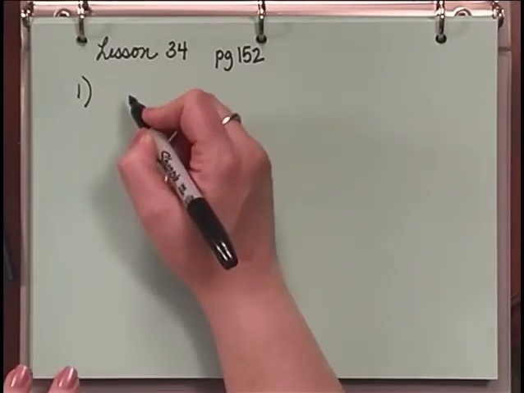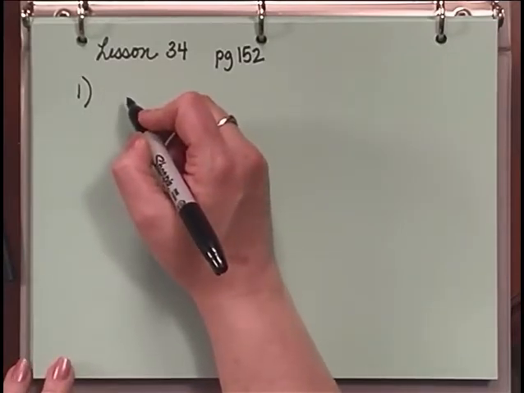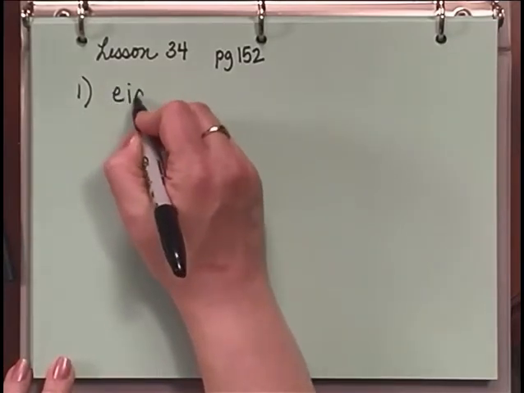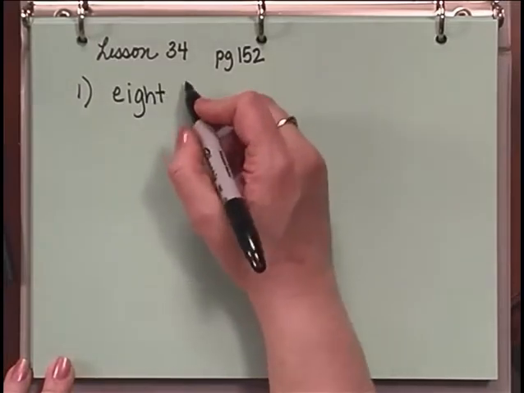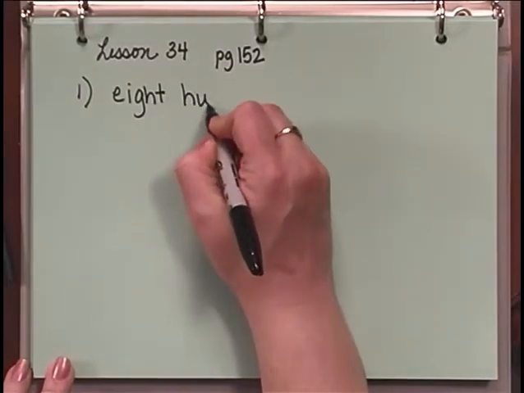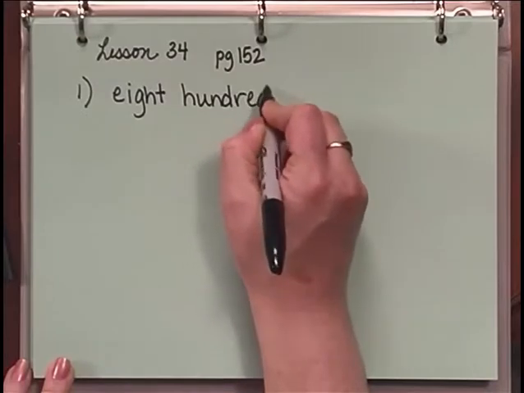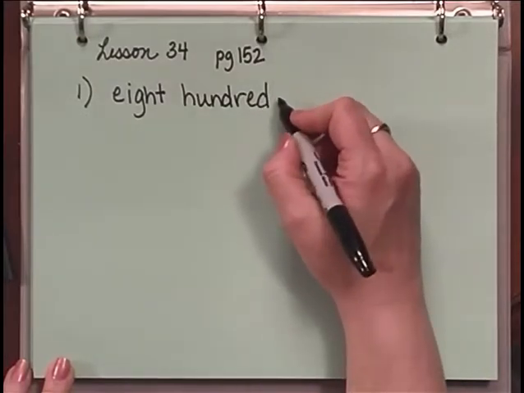Yesterday, you were given a number and asked to write the number out in words. In this lesson, we're going to be given the name of the number in words and asked to write it using digits. Okay, so the first one that we're given in example 1 is